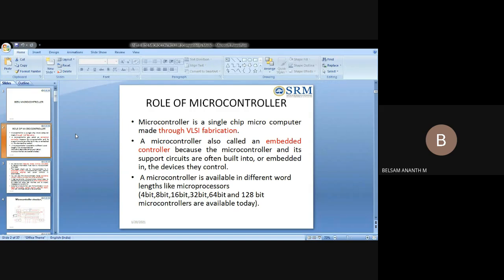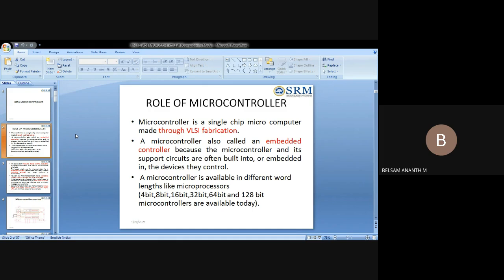So, made through VLSI. What is VLSI? Very large scale integration. Earlier, people designed with small scale integration, but nowadays people rely much on very large scale integration fabrication. This VLSI fabrication and other fabrication things you have learned, I hope, one year back in your linear integrated circuits. There you learned IC fabrication, etching, and then vaporization. All those things you have learned already in a basic manner. So remember, the first point is that a microcontroller is a single chip or microcomputer